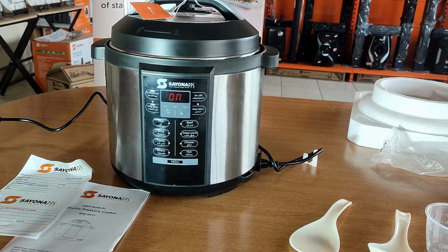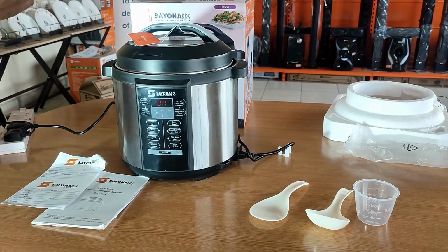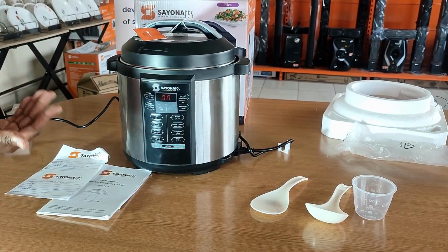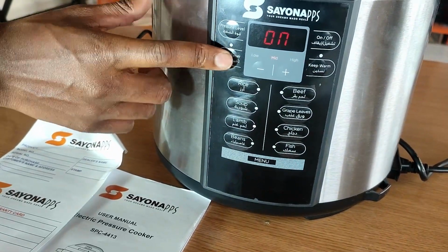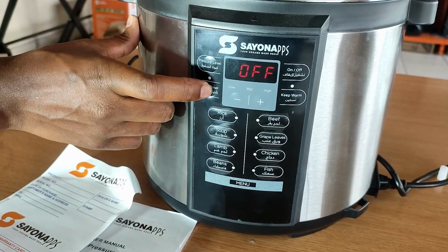So you can leave your home in the morning, you set this, and then you expect your food will be cooked at around 4, so that by 5 when you come back home, you find your food ready. So there is a function here, it's called the delay timer. So if I push this button, for example, but first I have to cancel what is going on. So delay timer,